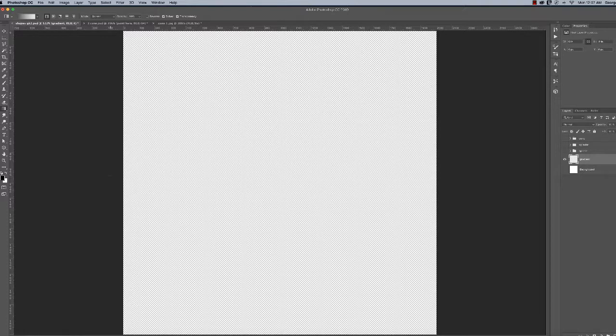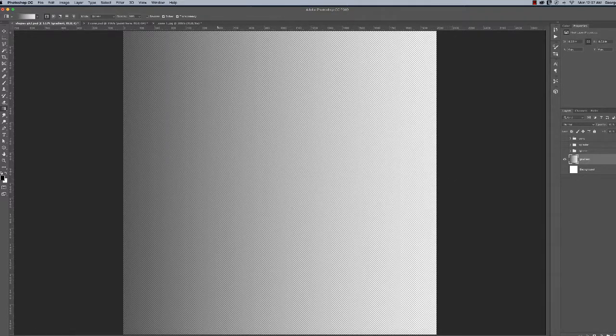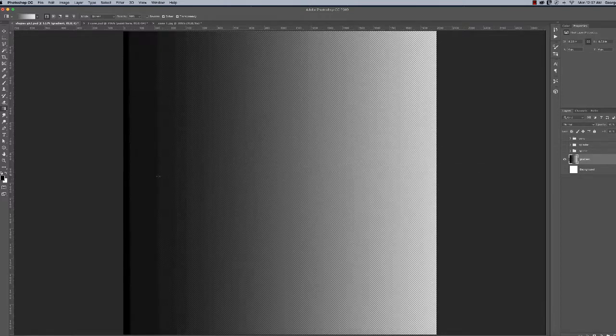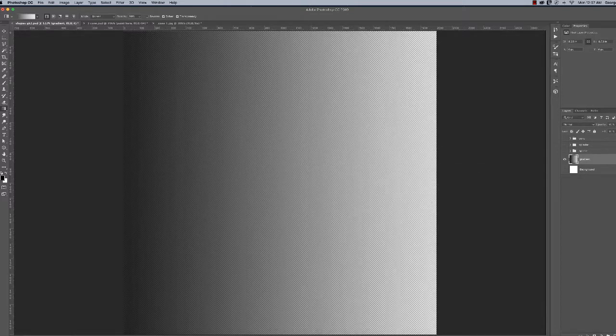Hover anywhere outside the canvas on the left side, click, hold, and drag straight across and let go, and you'll get something like that. And I can keep building up darks. I can keep clicking, holding, dragging, and it'll get darker and darker. And that's a little bit too dark. And how dark do we go? I don't know yet, because as we compose this thing,